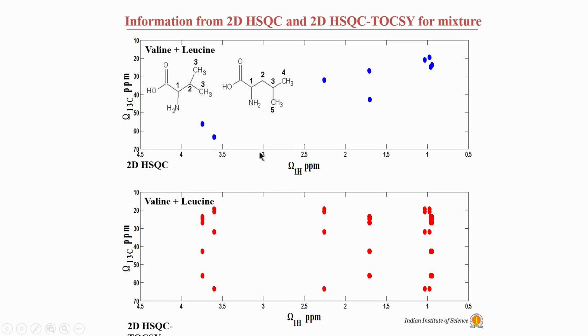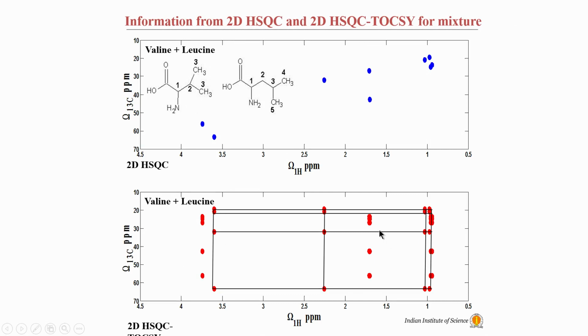So, what we need to do now is to record a TOCSY. So, HSQC we will combine with TOCSY and we will record this HSQC TOCSY, which will give us this spin pattern shown here. Here you can see that within a given molecule, that is within leucine, I will form all the connections, all the peaks will be connected to each other, whereas within valine all peaks will be connected to each other. So, by looking at the connectivity pattern like this, you can see that these two peaks which were here were actually connected to each other. So, these two peaks were connected to each other. That is why they form a square pattern if you look carefully here.